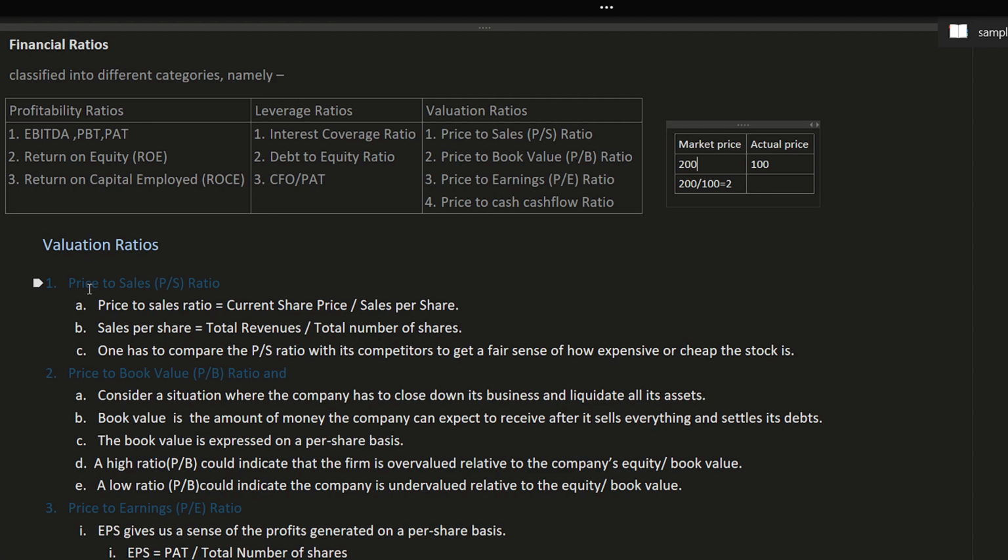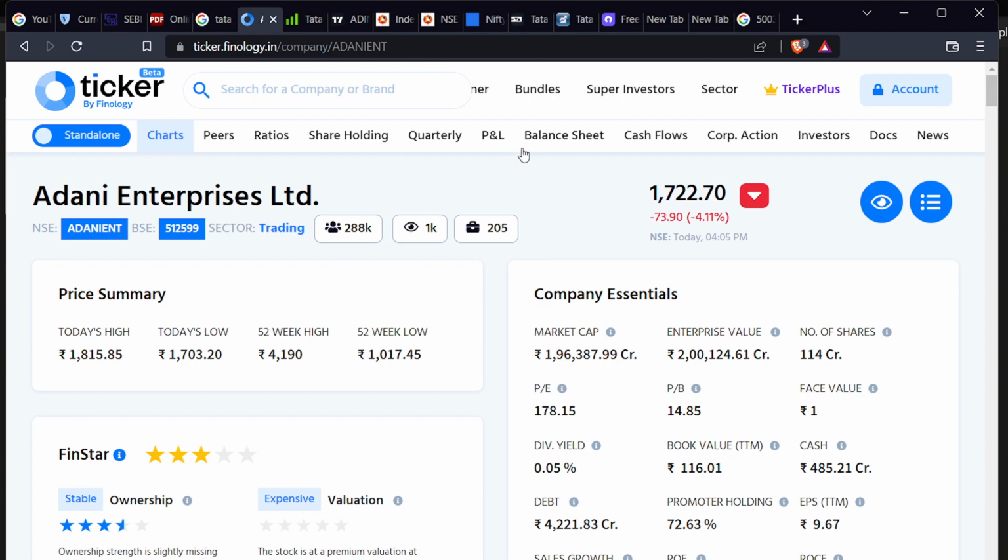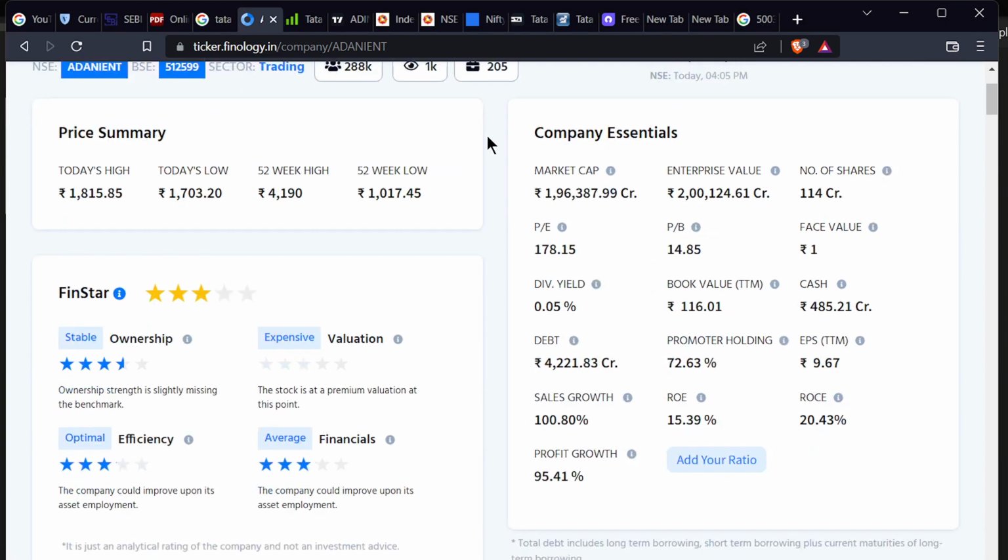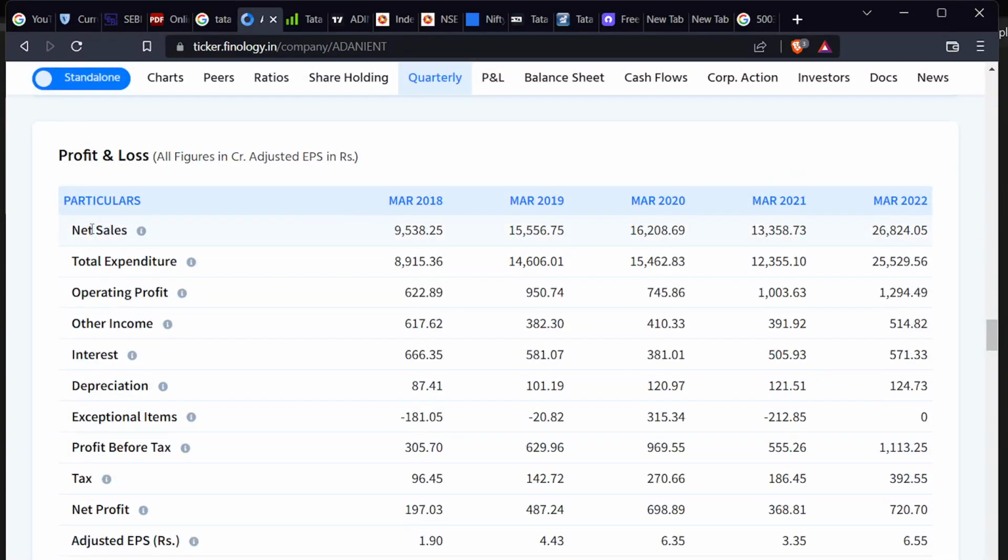So I am going to tell you the price to sales ratio. Here S is the sales per share, meaning per share what is the value compared to total revenue. So how will we get to know this? When you go to the profit and loss statement, net sales is 26,824 crore. So this much amount they are getting per year